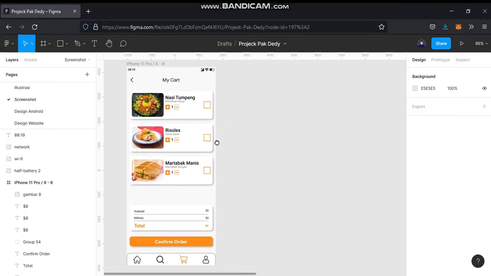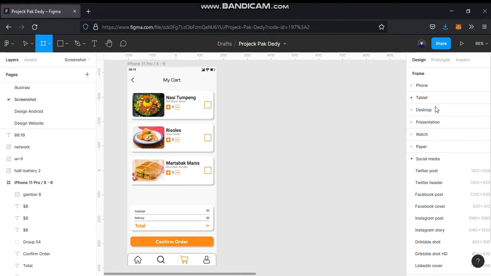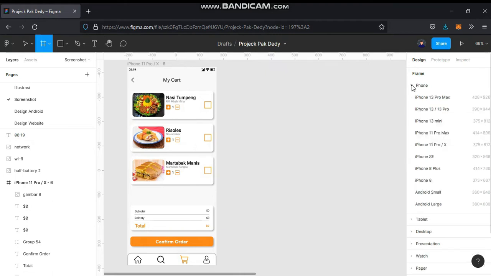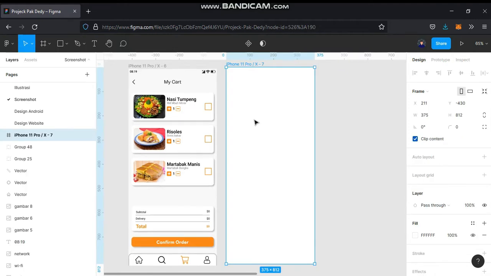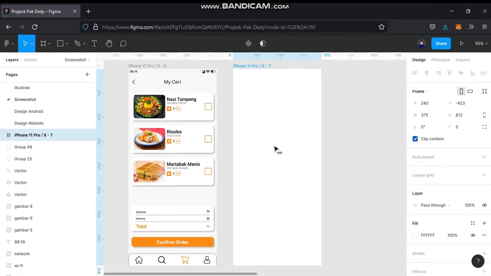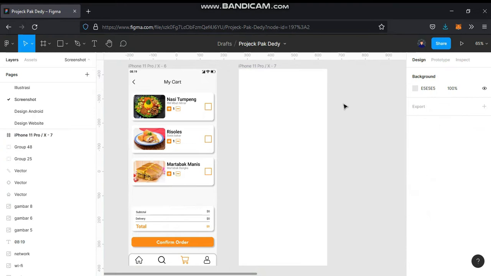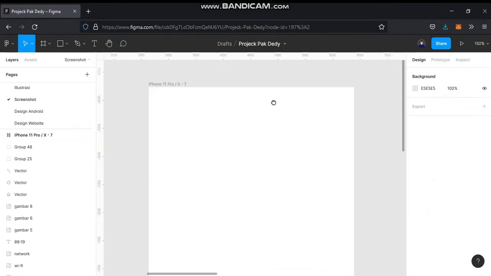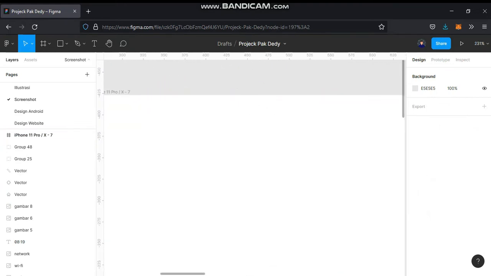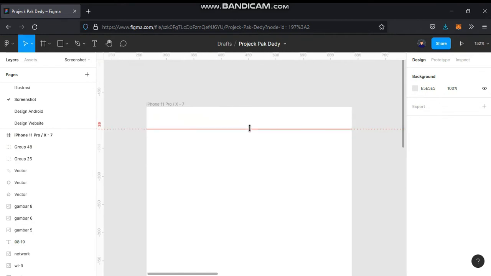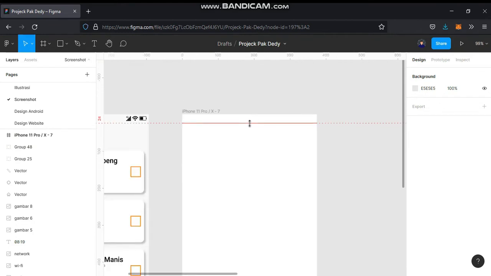In this video, as usual, I will give you a tutorial, which is to make a checkout display. The first thing we make is the iPhone 11 Pro X frame. The design from the left, you need to know it's my own design, not the result of Google or other people. We draw a line from top